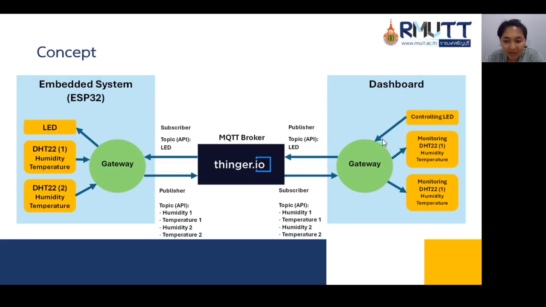then send the data to the gateway, and publishing the data to the MQTT broker. It publishes the data under the topic. After that, the MQTT broker receives the data from the publisher,